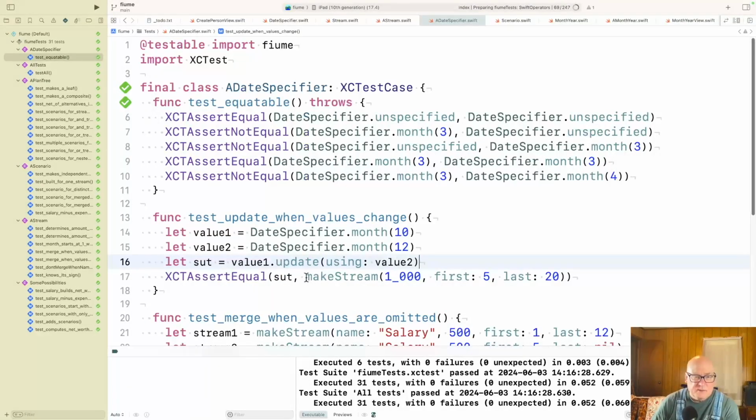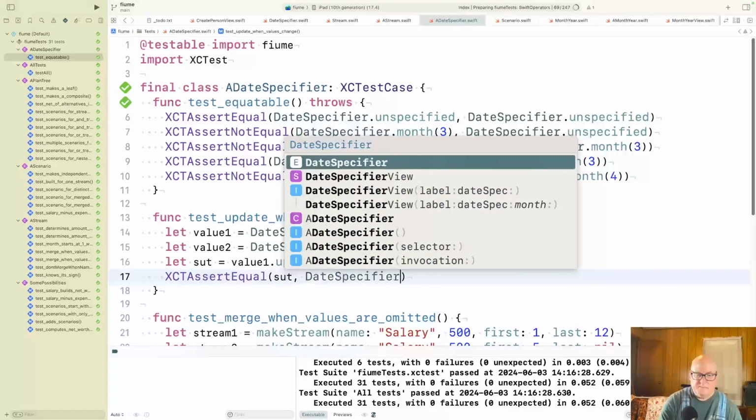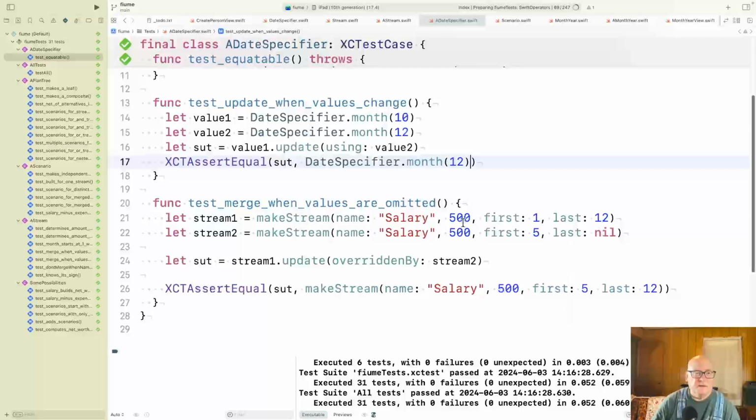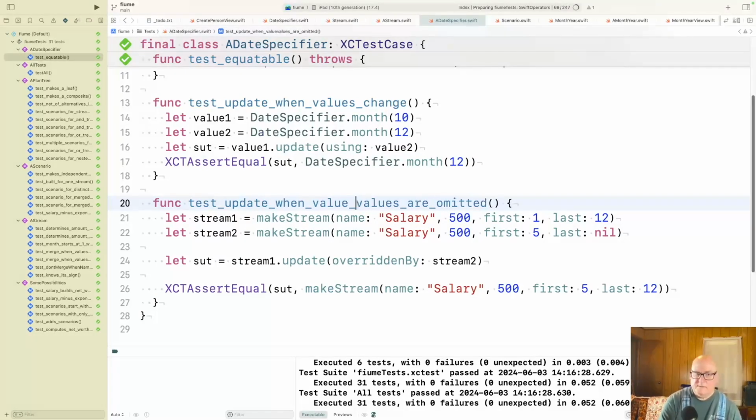Okay, and then that should be equal to month 12, and then update when value when new value is unspecified.